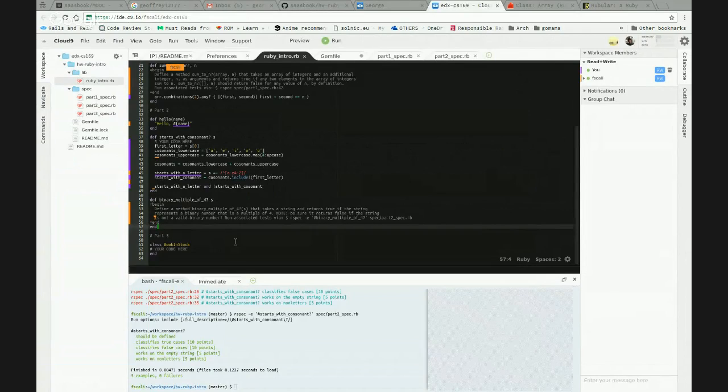Define method binary multiple of 4 that takes a string and returns true if the string represents a binary number that is a multiple of 4. Note, be sure it returns false if the string is not a valid binary number. Okay, let's see the test.